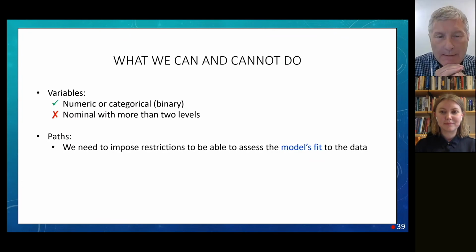With regard to the paths in our model, the nice thing is that they are the connections that correspond to our theory. Something I said previously is that the paths that you see correspond to your beliefs about what might be influencing what, and the paths that you don't see mean you were brave enough to say there's no reason that there would be that relation there. And so anytime you don't have a connection in your model, it's kind of like pat yourself on the back. You've stuck your neck out there and said, I am willing to say that this system is simpler than having all things connected to each other.